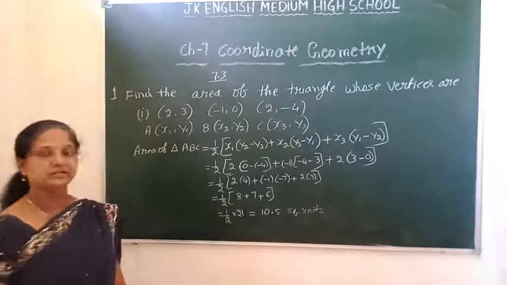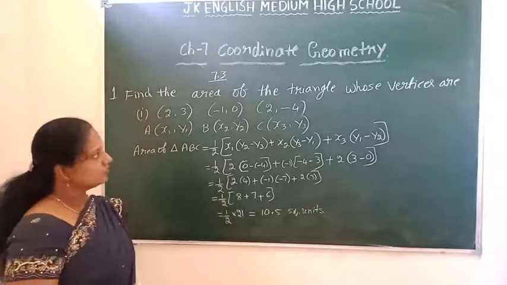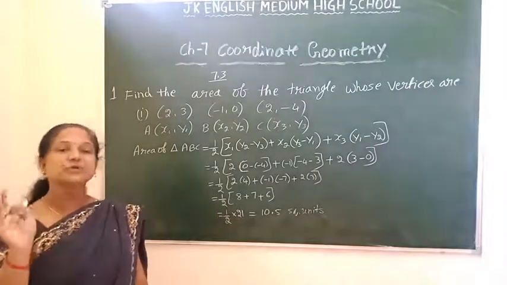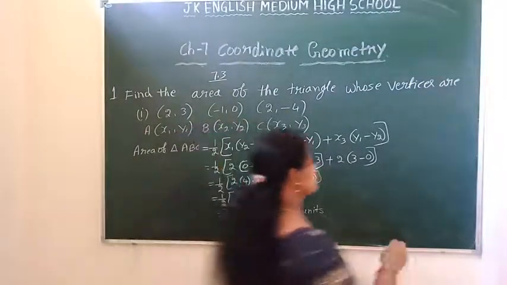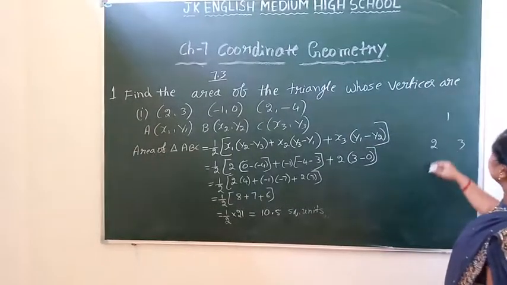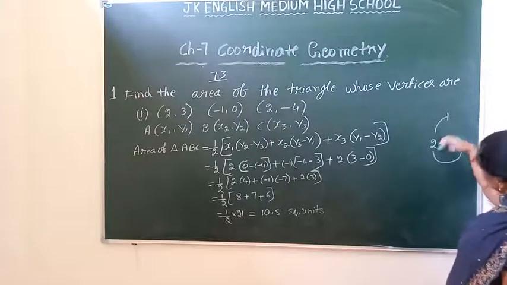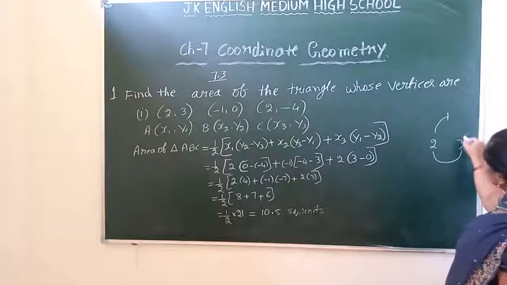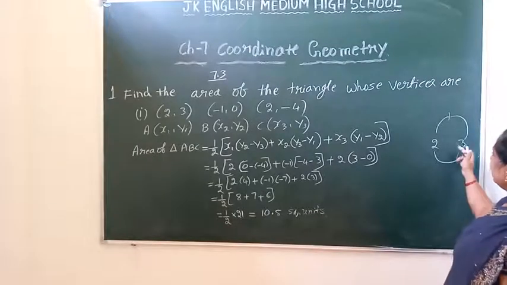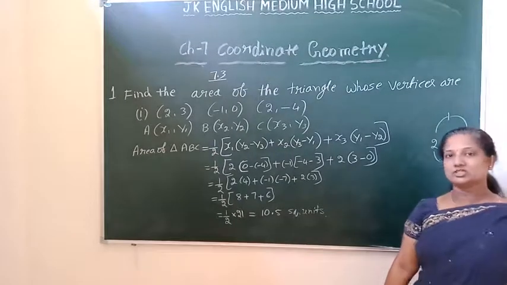This is the way of finding the area of triangle when they give you 3 vertices coordinates, children. Okay? And practice the formula. By writing only you have to practice, and you should have some idea how to remember the formula. If you get confusion while writing this formula, you write 1, 2, 3. So x1, then afterwards y2 minus y3, then x2, then y3 minus y1. Cyclic way you have to go and remember the formula, children. Afterwards x3, then y1 minus y2. In this manner you have to remember the formula and solve the sum.